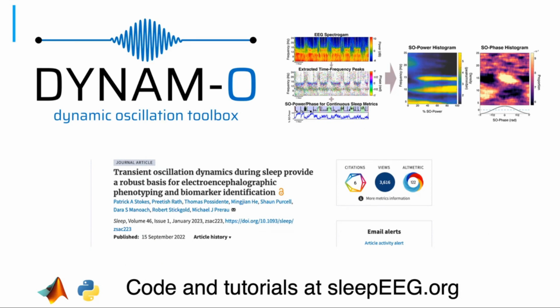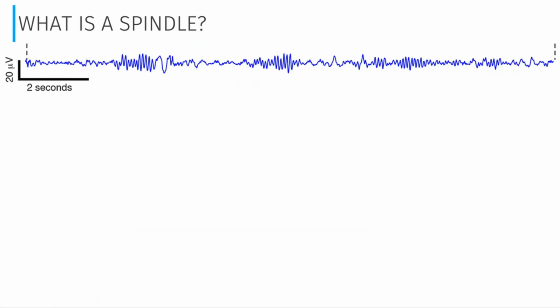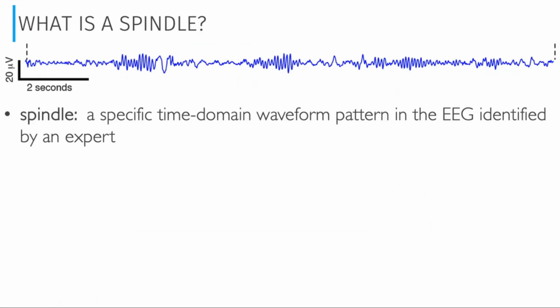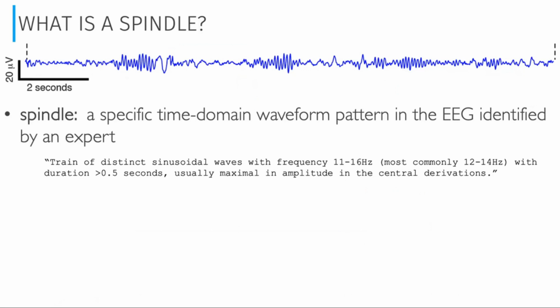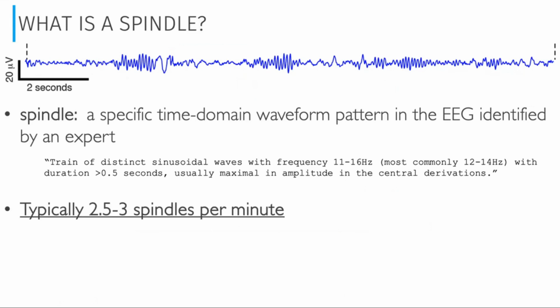So let's get started. So what on earth is a sleep spindle? In essence, a sleep spindle is a specific time domain waveform that an expert says is a sleep spindle. Now, we have some sort of general understanding and qualitative guidelines that have been developed for what a spindle is. But these are typically football-like events that occur at about 2.5 to 3 spindles per minute, at least